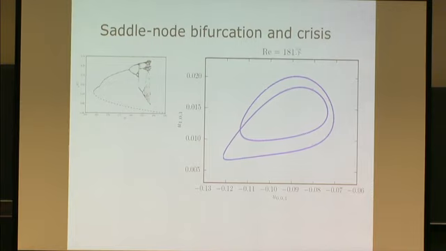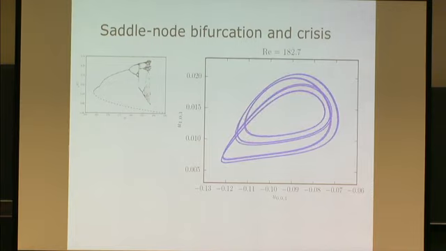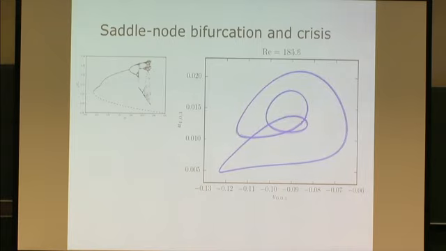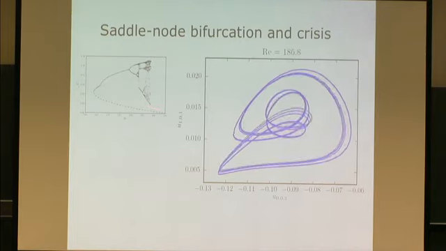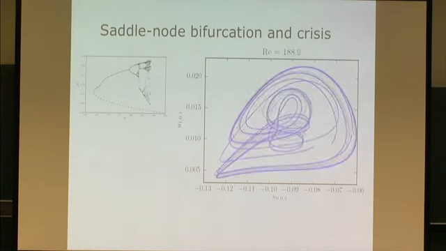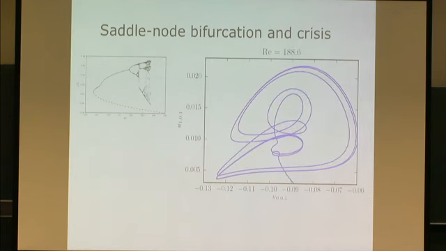And then following that period doubling point, there is another period doubling. And then you go sort of through the chaotic phase. There is the period 3 orbit. That's the periodic period 3 window. And as you get up to something like 188.6, you notice that you have a little bit of this dynamics, and then here it sort of drops down